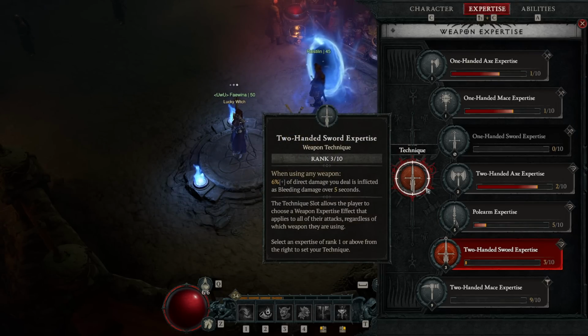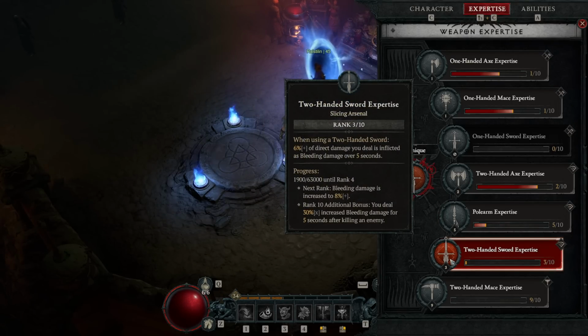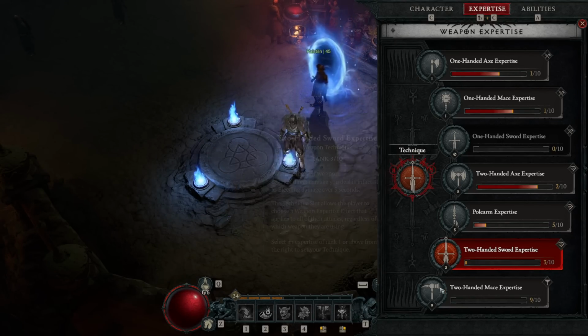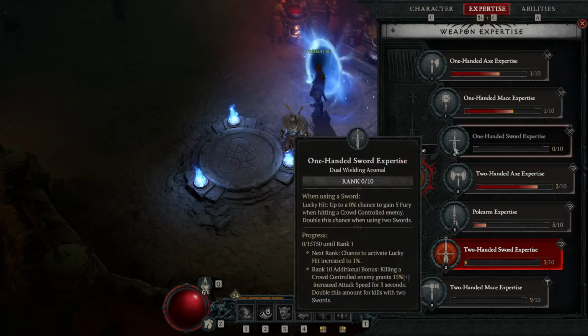In terms of the technique that you should use, really here, it's just the Two-Handed Sword Expertise, and you want to put that in your technique slot. So any of the direct damage you deal is inflicted as bleeding damage over 5 seconds. So this will just increase your overall bleeding output, which is not necessarily a bleed focused build that we're talking about here today, but it does definitely benefit you more than a lot of the other skills in the